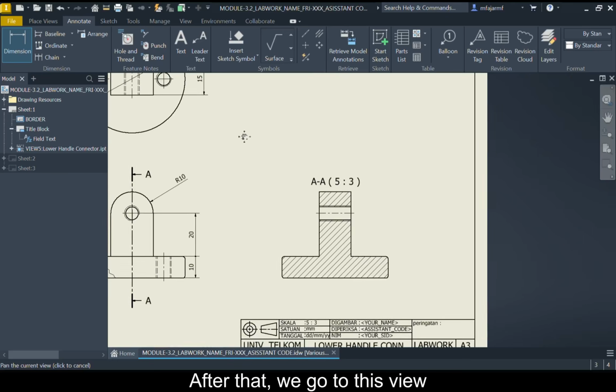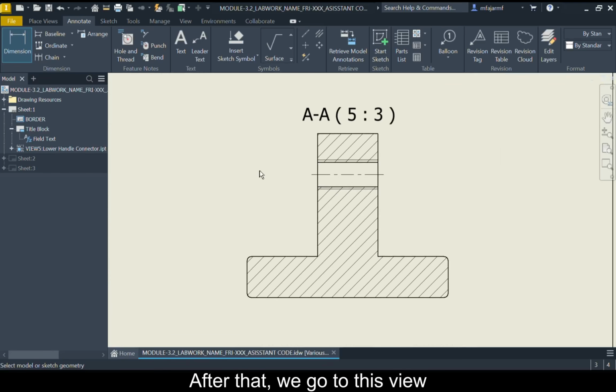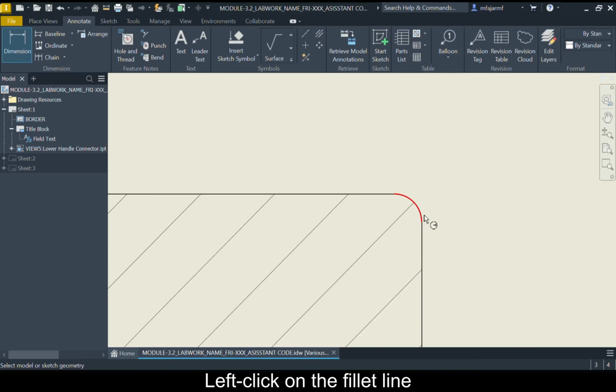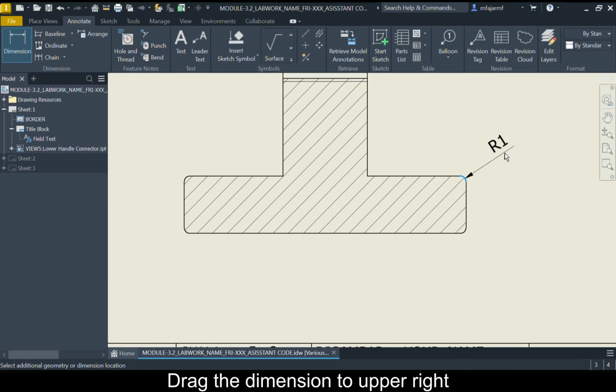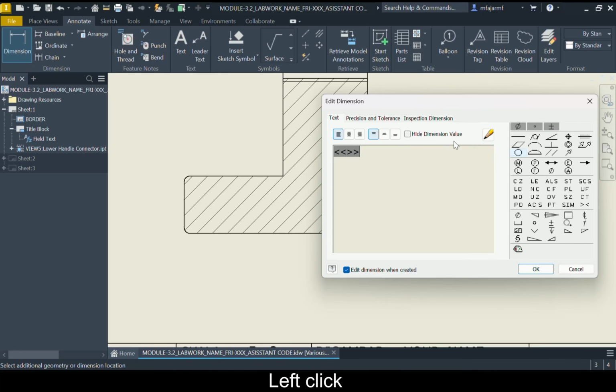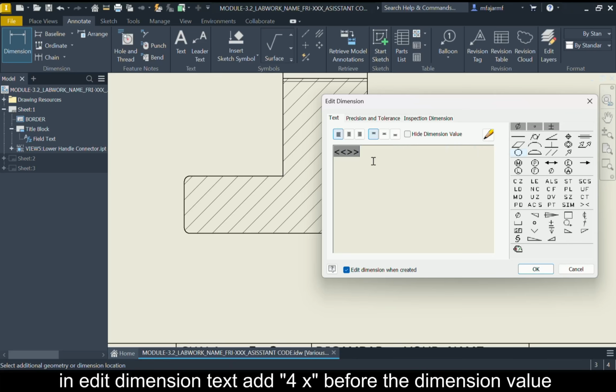After that, we go to this view. Left-click on the fillet line in here. Drag the dimension to the upper right. Left-click. In Edit Dimension Text, add 4 times before the dimension value.